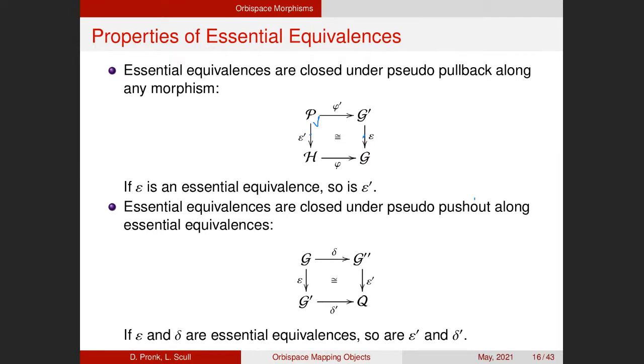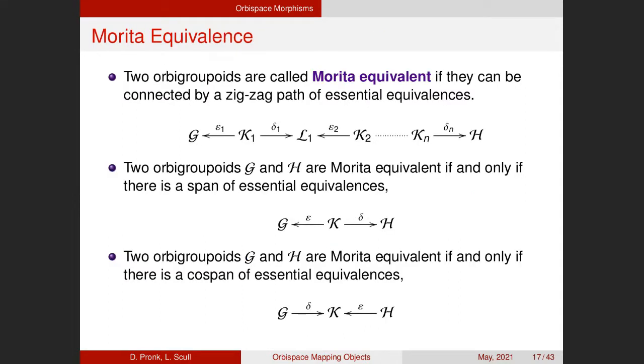They're generally not closed under pseudo pushouts. Actually, pseudo pushouts are bad for orbifolds. Generally, you don't take those, except when you have both of the arrows being essential equivalences. So if both epsilon and delta are essential equivalences, you can take the pseudo pushout. And if these were groupoids representing orbifolds, so will Q be still. And then everybody is an essential equivalence here, which is convenient because you might be asking yourself,